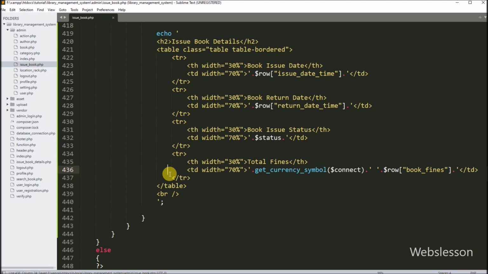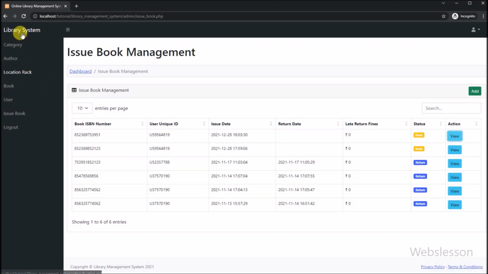Now we have to check the output in the browser. So friends, first we refresh the web page, and after refresh, here we can see that all issue book data has been displayed in JavaScript data tables with a view details button.